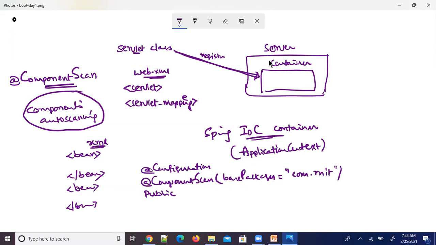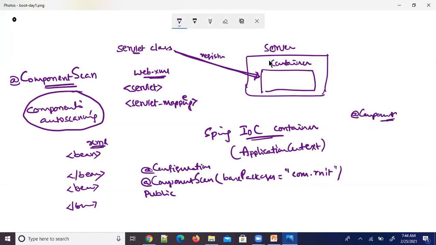Like for example, com.rnit.controller, rnit.service, or .repository, whatever the package I have, it will scan all those packages, the sub packages of this base package, and will identify the components. How will it identify? Using stereotype annotations. @Component declares that a class is a Spring bean component.